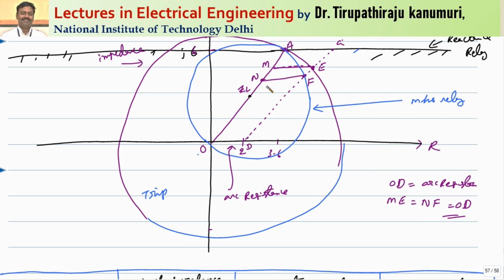Now the length of the line that is protected by the impedance relay will be from O to M. So the impedance relay protects up to OM. Then the Mho relay protects up to ON, because the percentage of the length that is protected by the Mho relay is less than that of the impedance relay. It is having more effect due to the arc resistance.